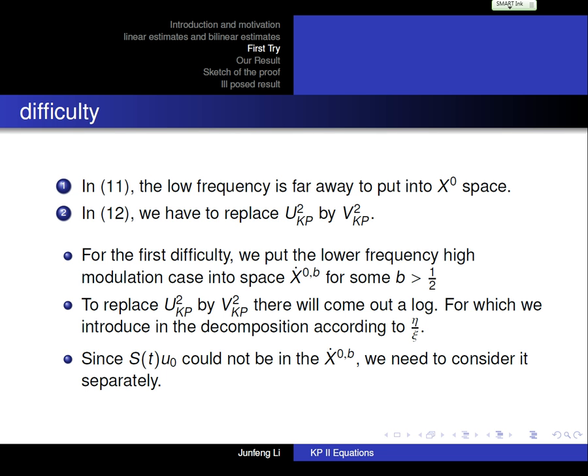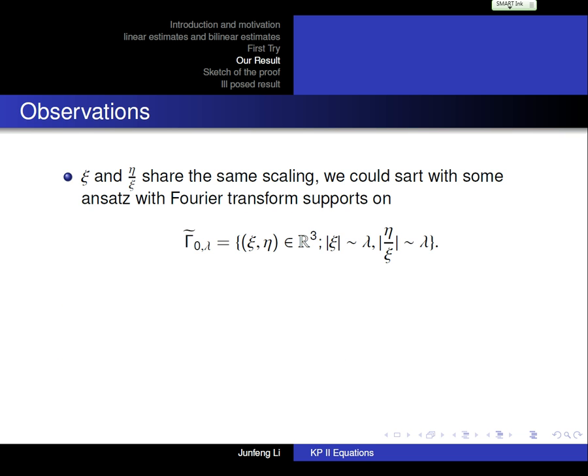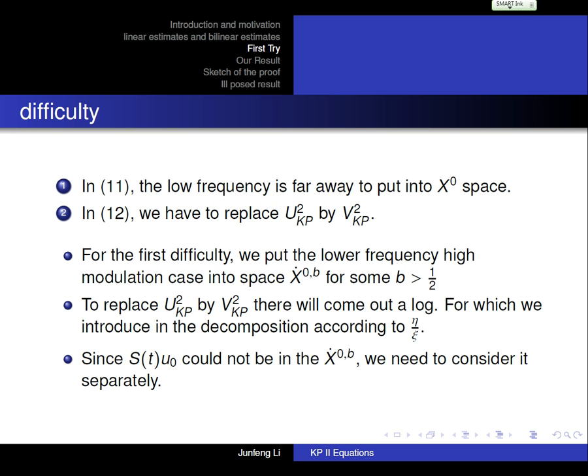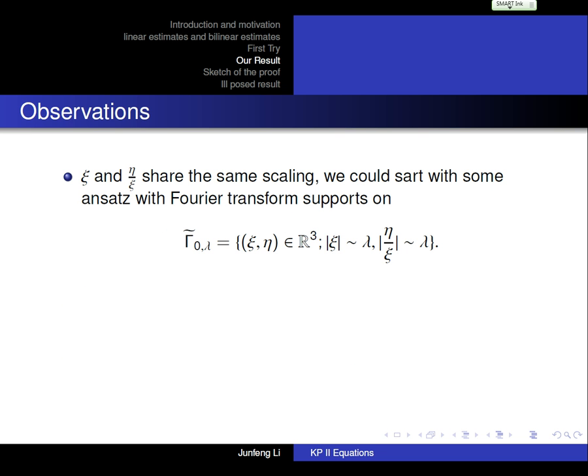Because if you introduce this new X0B space, the linear part will have some difficulty because it cannot be in this kind of space. So we need to consider it separately. Now we want to see what our initial data is. Firstly, we have some observations: C and eta over C share the same scaling. So that means we can